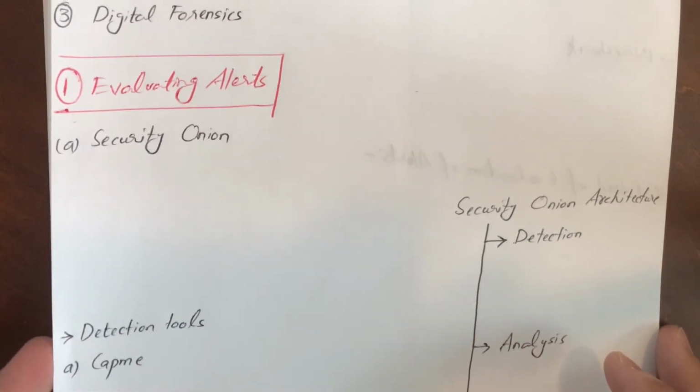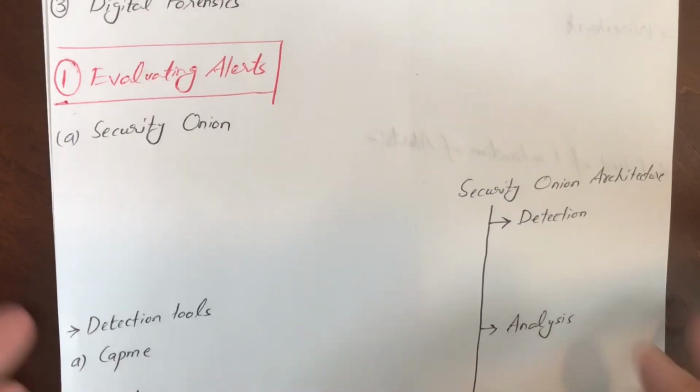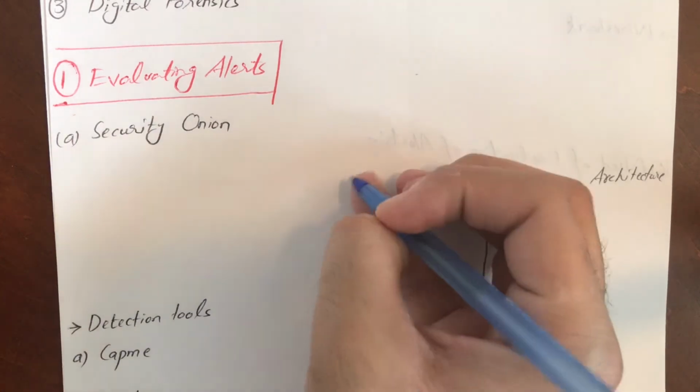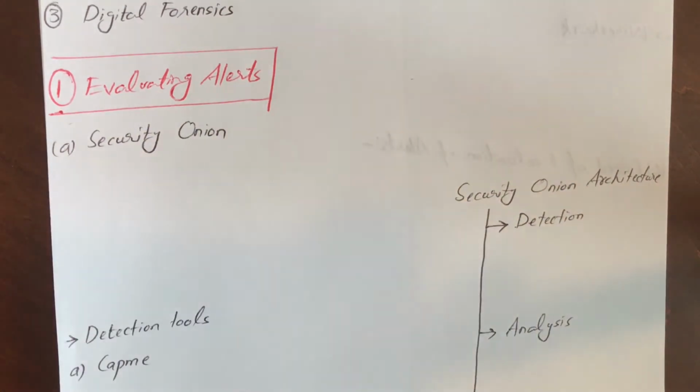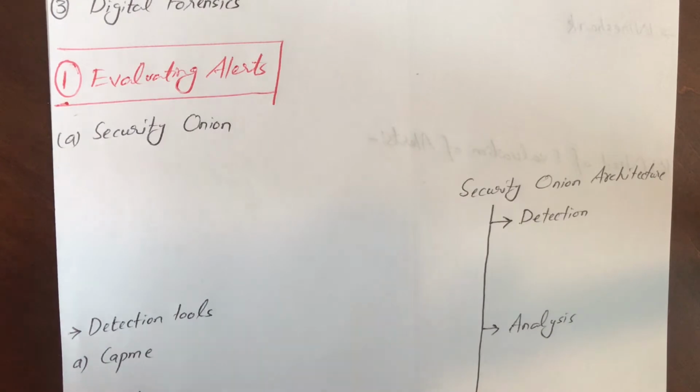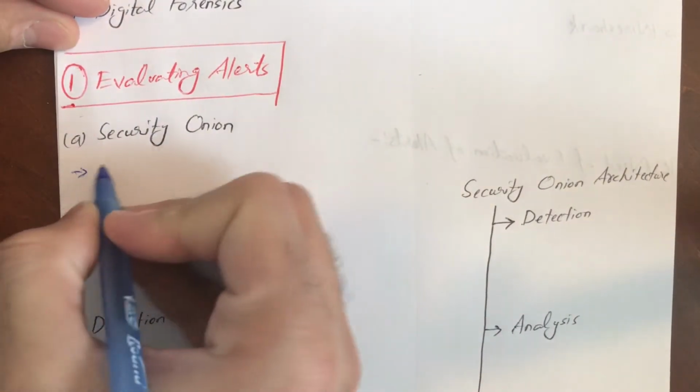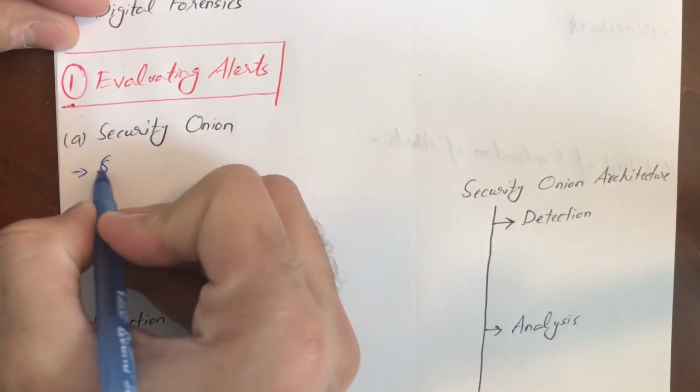The most important thing in security monitoring is called Security Onion. Security Onion is basically a suite of software. It's an open source software suite which has plenty of network security monitoring tools. So Security Onion is the open source